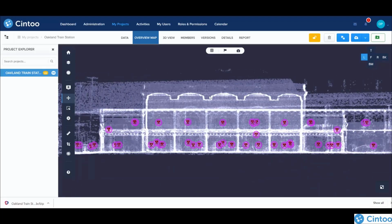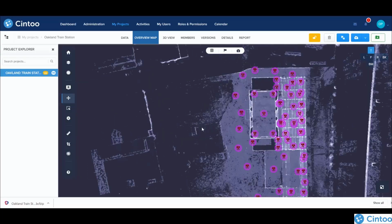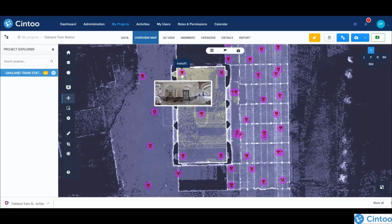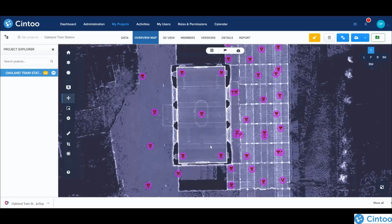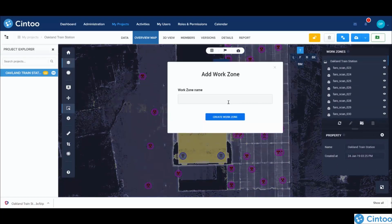And you can use this type of view to do many things. The first thing you may want to do is create what we call a work zone. Work zones are a way to organize your scans in various regions. So for example, let me say those 5 scans need to be together in a single work zone, let's call it interior. There are many ways to do that. Either I select those scans like this using the rectangle selection tool, I go into the work zone tab and I say add work zone and I call it